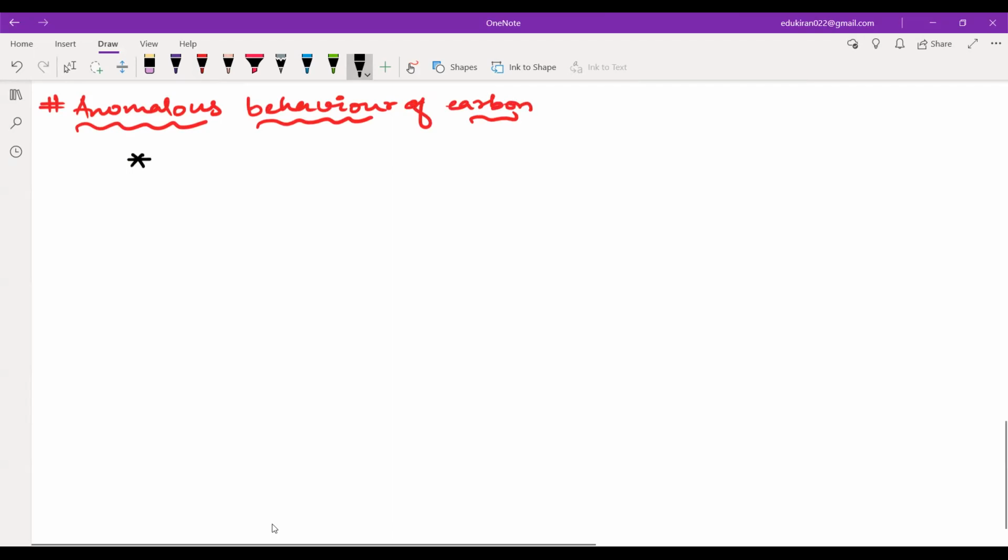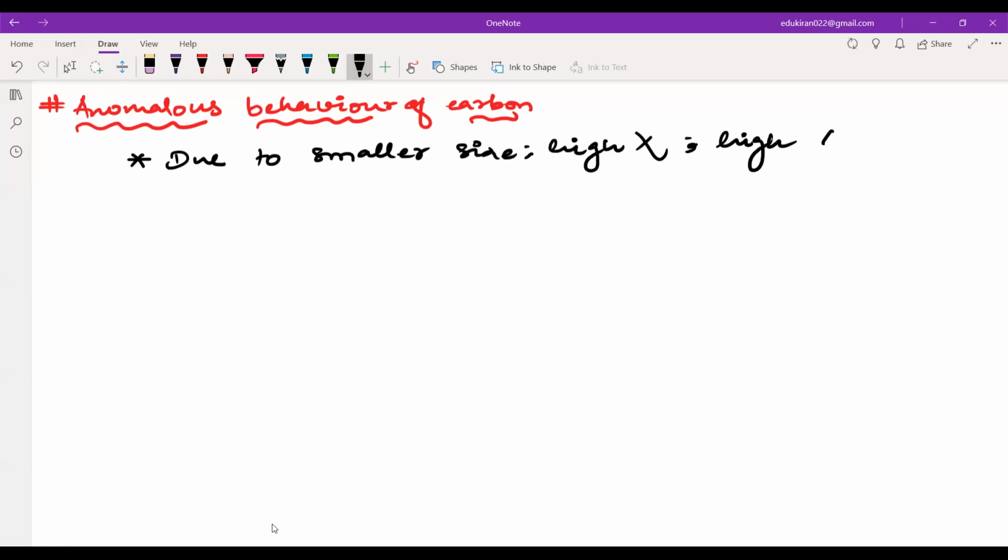Why? Due to smaller size. Anomalous behavior of carbon will be due to smaller size, high electronegativity, chi here, high electronegativity, high ionization enthalpy, and the main reason is the unavailability